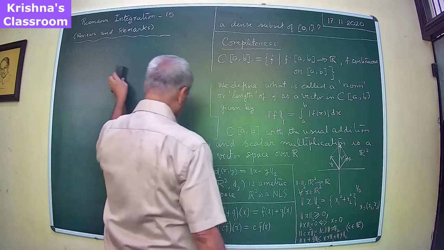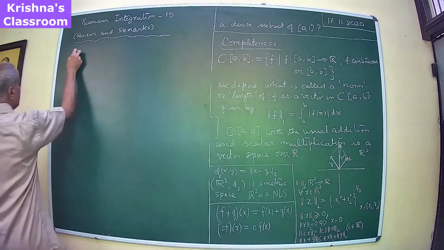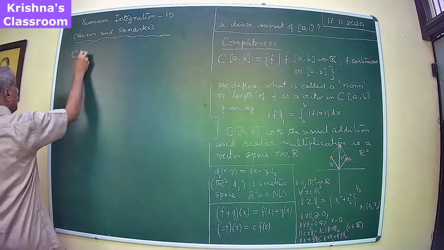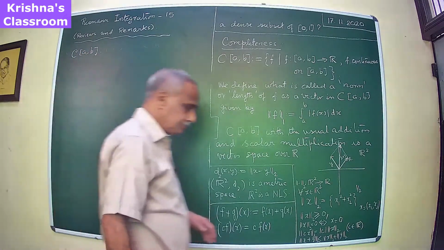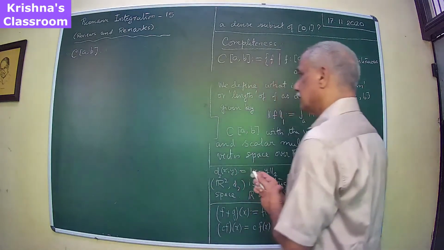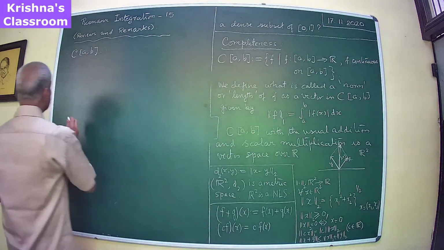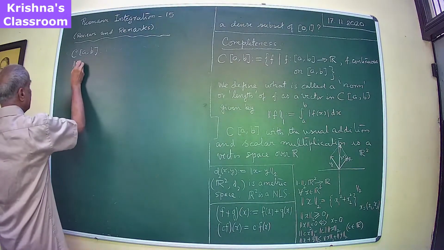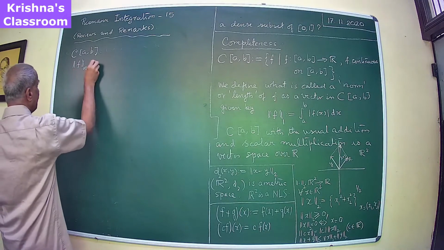So we take C[a,b]. In fact, we look at two different norms. One, let me just denote this by norm infinity, which I define as